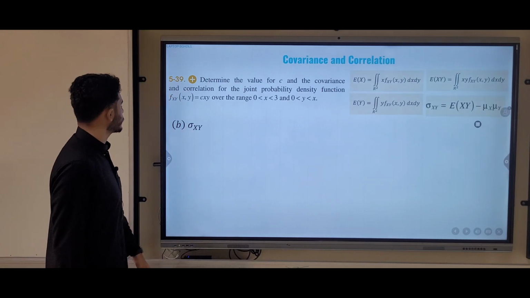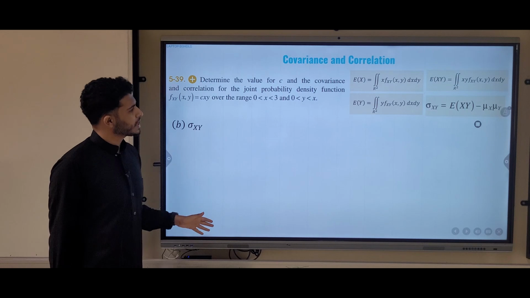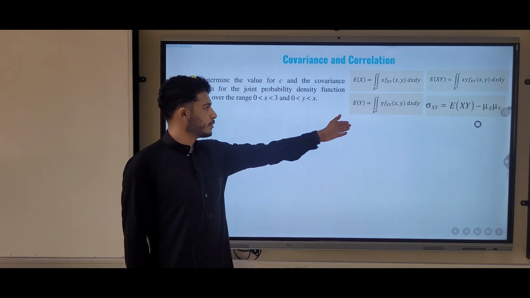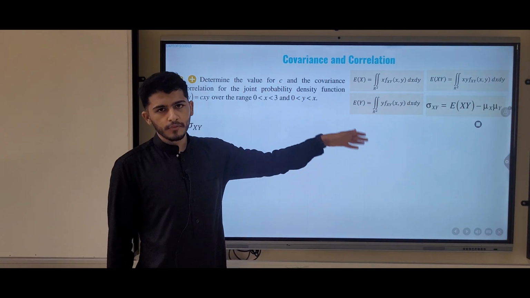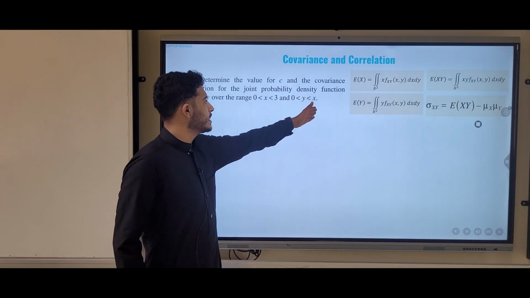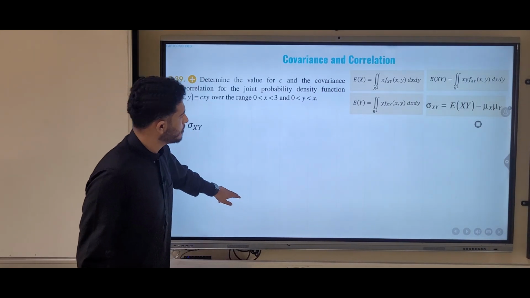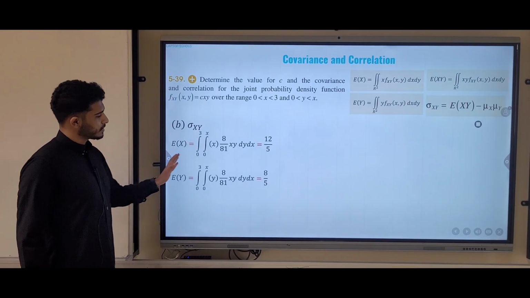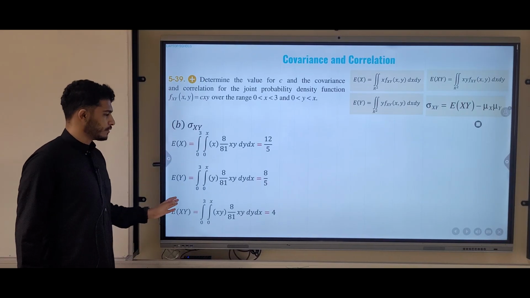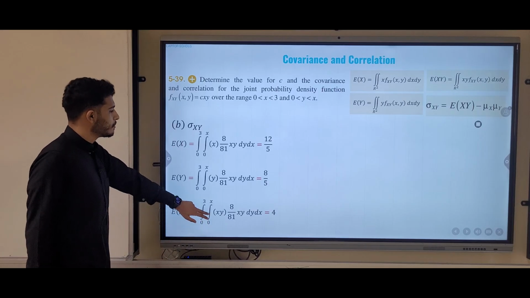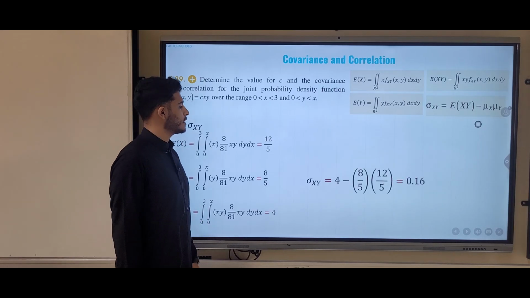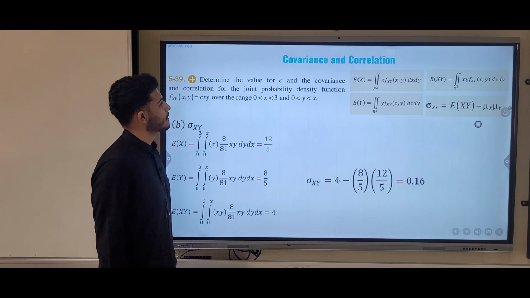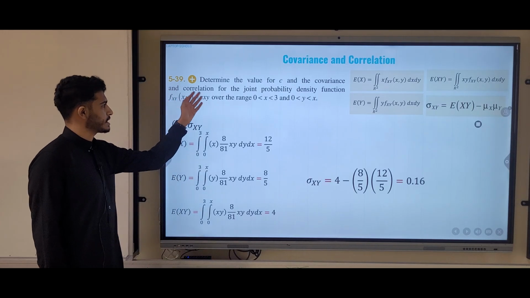Let's have the formulas that we're gonna need. As we can see, for the covariance, we need the expected value of xy and the expected value of x and the expected value of y, and here are the formulas for each one of them. So let's start by finding the expected value of x, then the expected value of y, then the expected value of xy, and at the end bring everything together and find the covariance